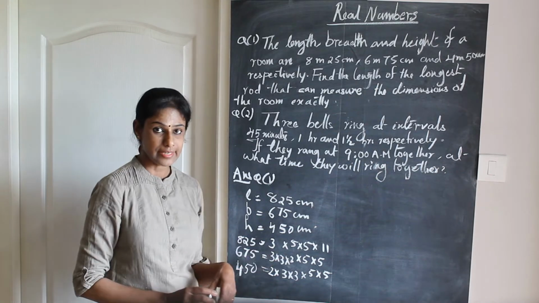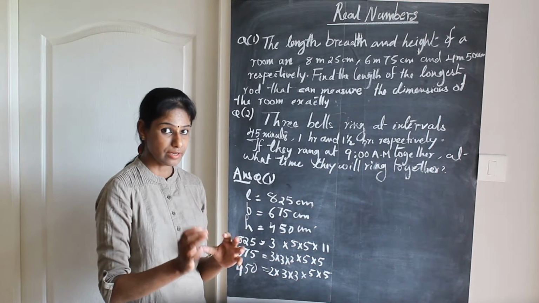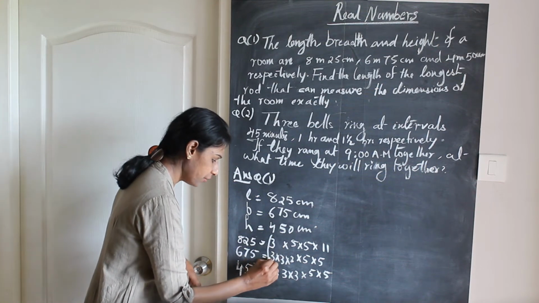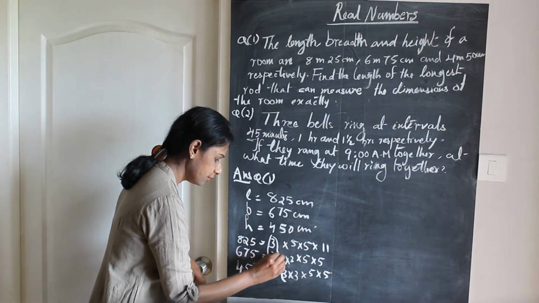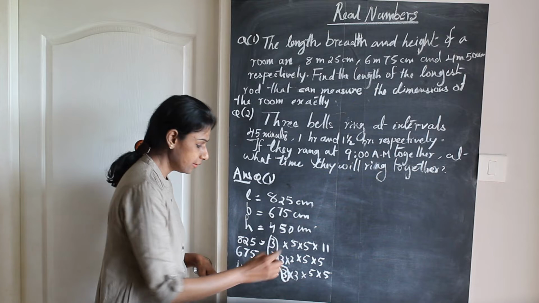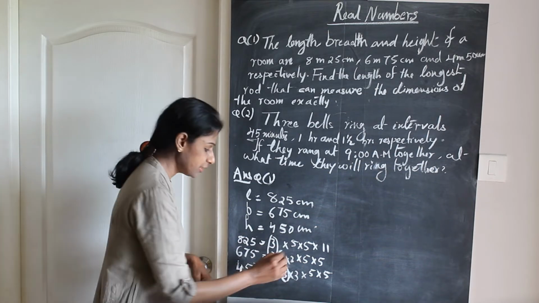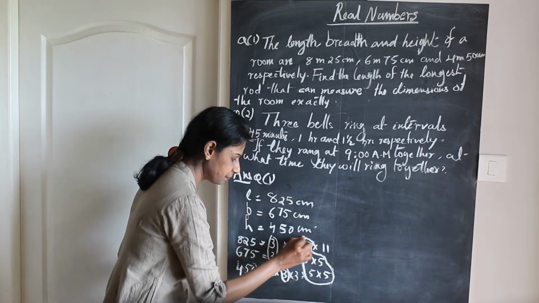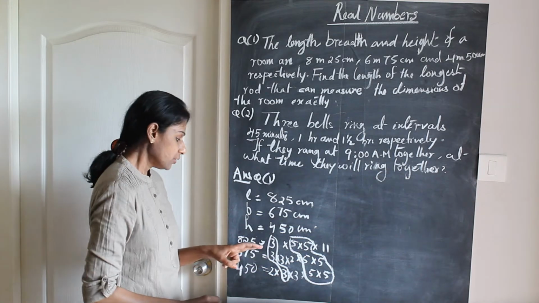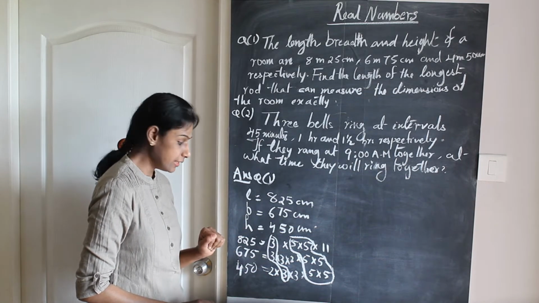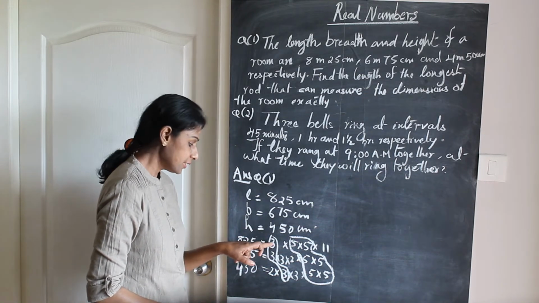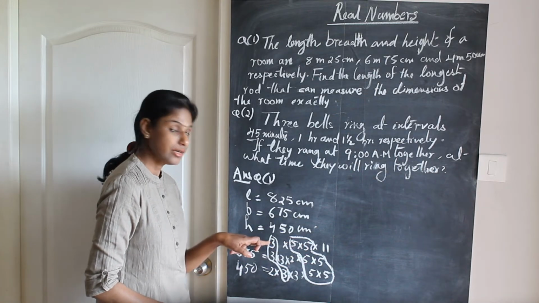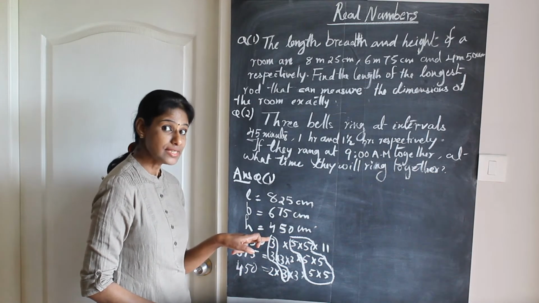Now if you factorize like this, we need to take all the common factors. So 3 is common in all the 3. Then 5 into 5, that means 25, is also common. So take that also. So the HCF of these three numbers is 3 into 5 into 5, that means 25 into 3, that is equal to 75.